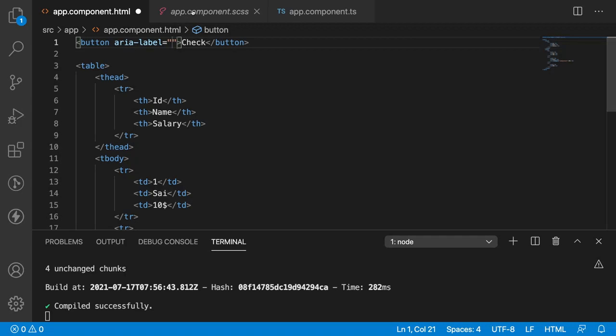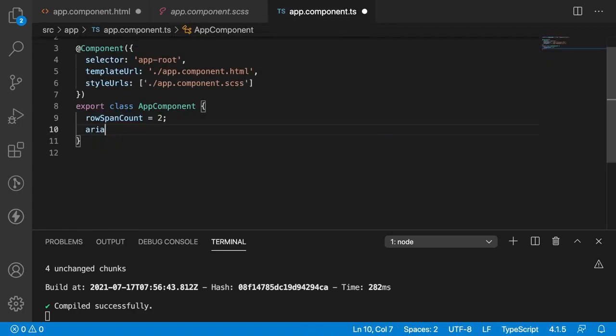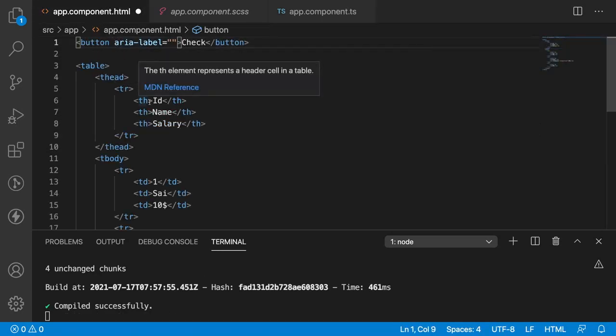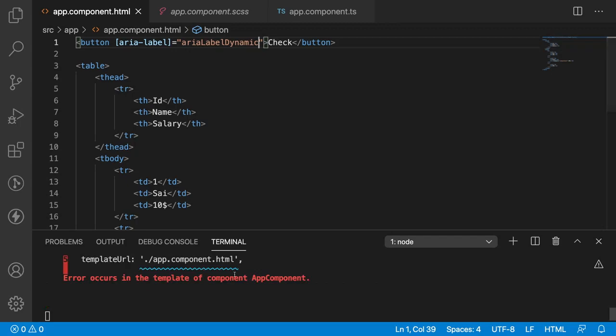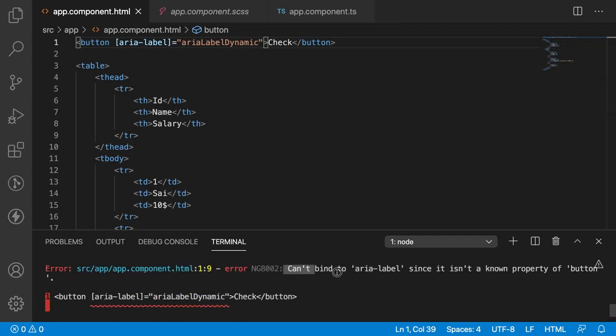Let me pass this value dynamically. Aria-label dynamic. So let me pass this value as something called close. Save this and let me use this as a property binding for now. Property binding and pass the value. So let me save this. You will get the same error. See here, can't bind aria-label since it is not a known property of button.